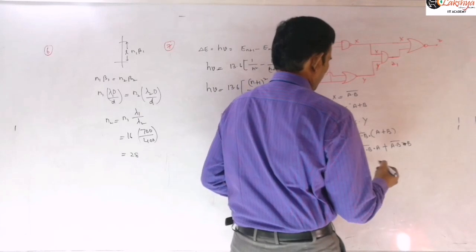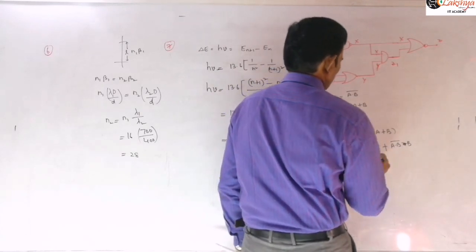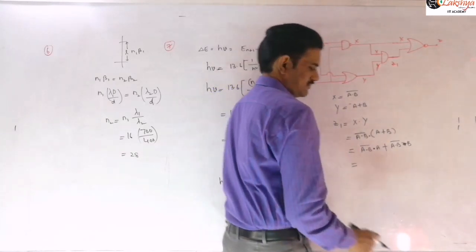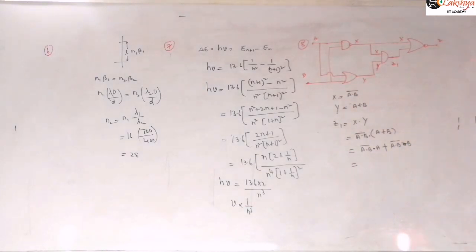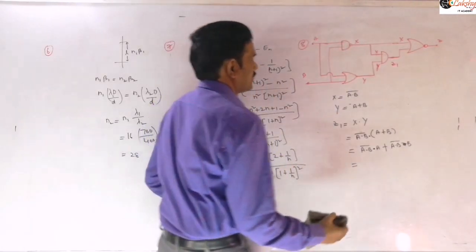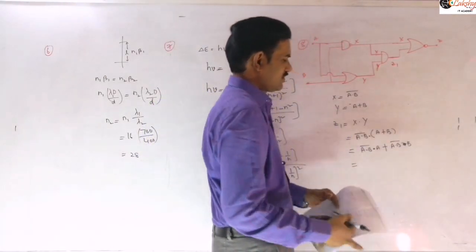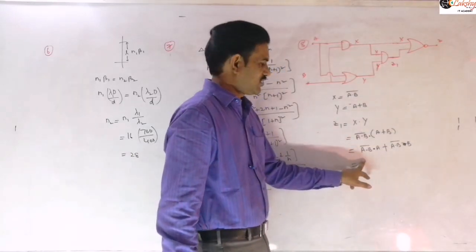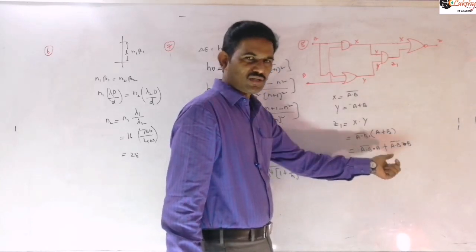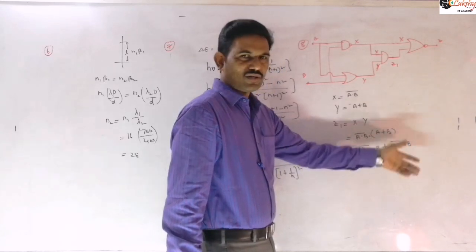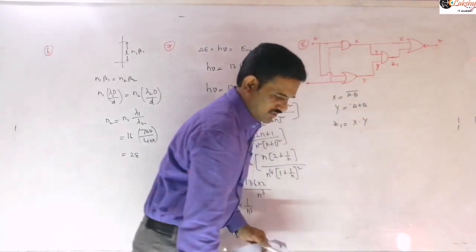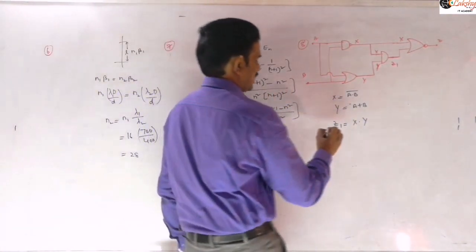If you want to simplify this further then you can simplify like this. But instead of substituting A and B here, if you write in terms of X and Y only then the calculation will be easy. You can further simplify, but the calculation will become lengthy here: A plus B, again De Morgan's theorem, A complement plus B complement dot A, and similarly A complement plus B complement dot B you need to write there. Instead of this, let us keep Z as X dot Y. And now let us directly write this Z equation here.